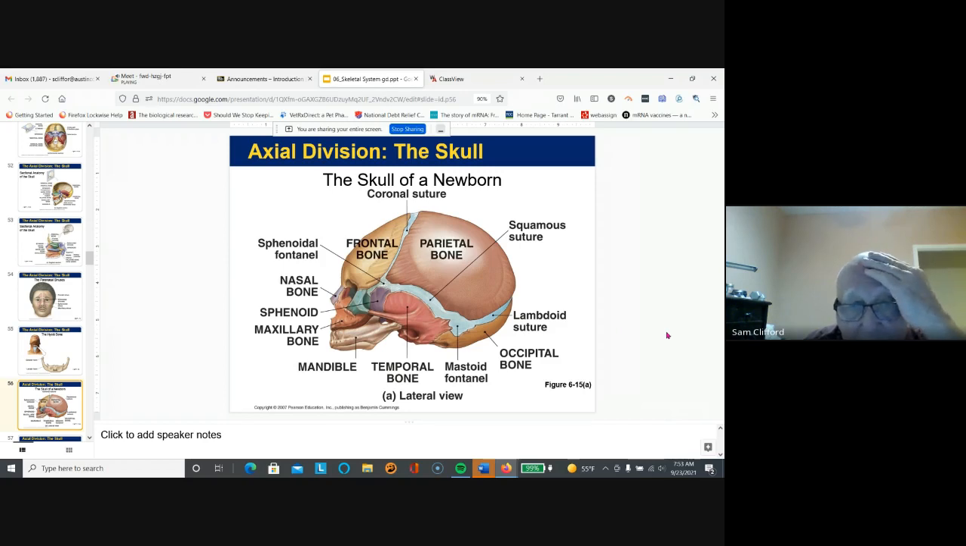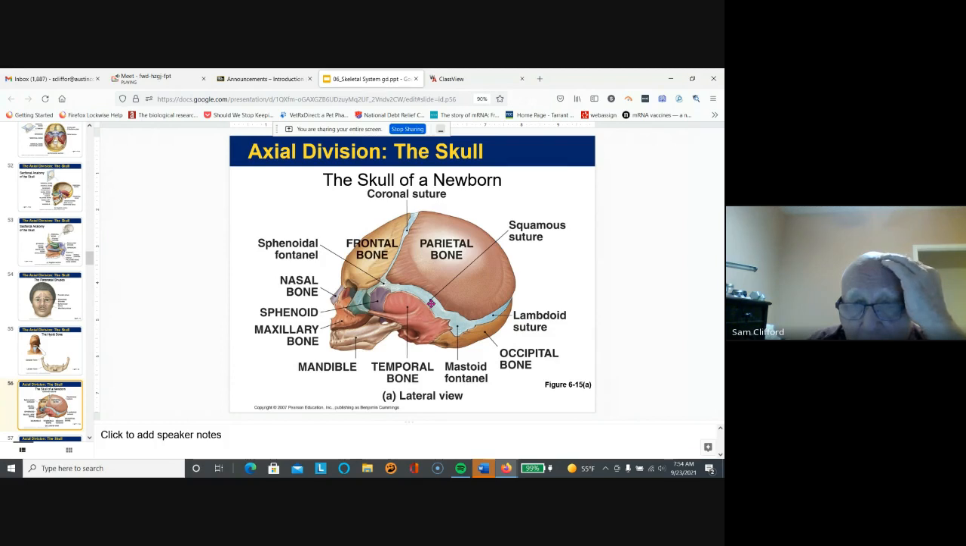The skull of a newborn has fontanelles. The fontanelles allow the compression of the fetal skull when the baby moves through the birth canal, when babies are born. As the baby grows, these fontanelles are sealed and they disappear. Everybody knows about the soft spot on the top of the skull of an infant, but